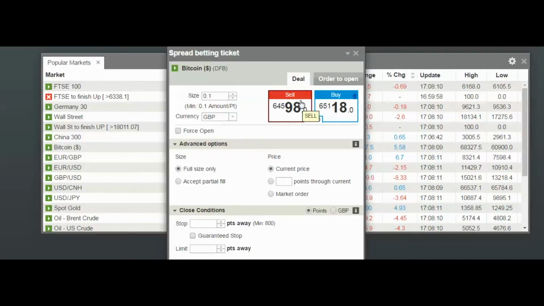Okay, so trading Bitcoin is more for advanced traders. Personally, I steer clear of Bitcoin. It moves around so much, extremely volatile. I know some people do trade it. It's not for me, but if you decided that you were going to trade it, then each movement here, for getting this decimal point here, what you're looking at is